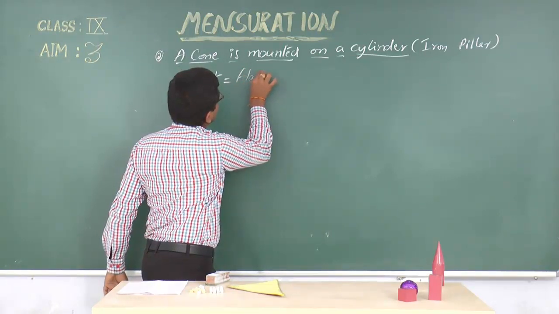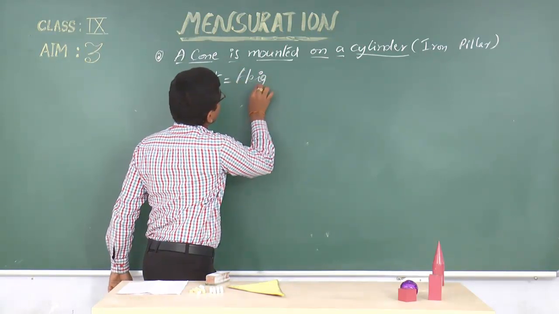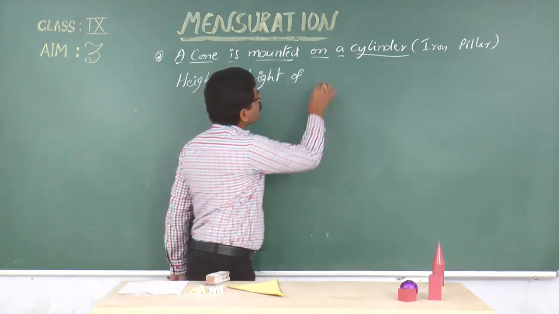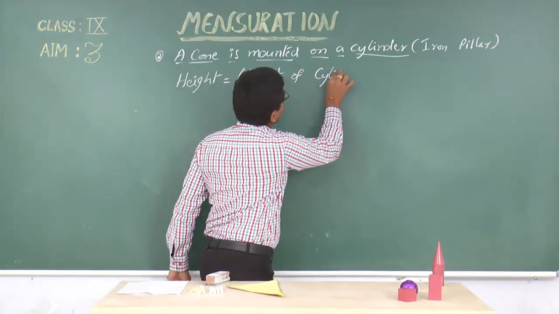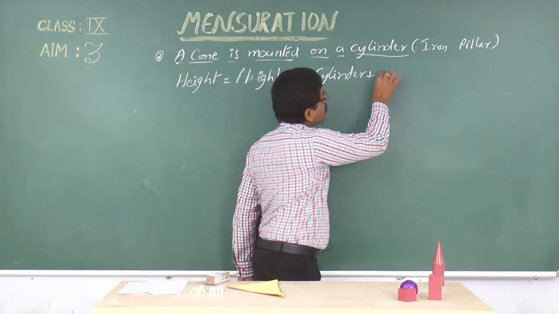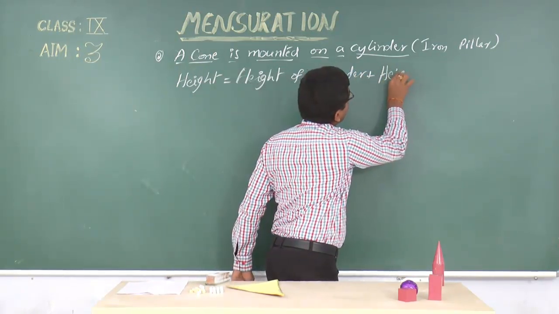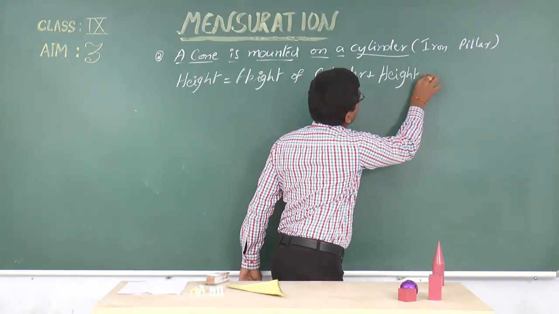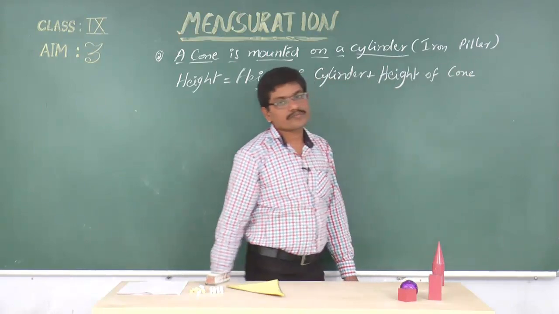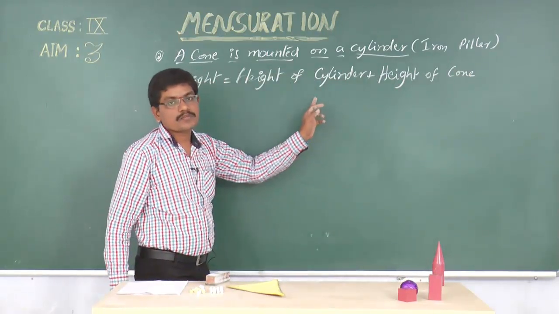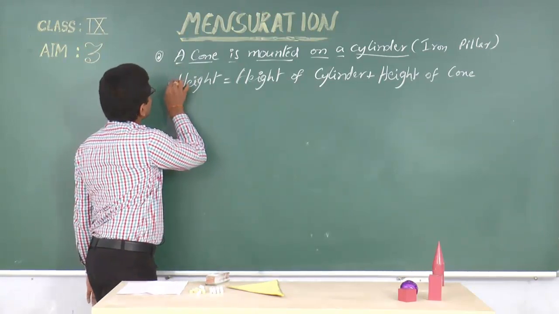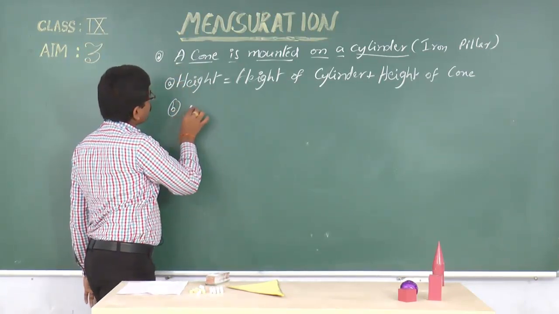Height of cylinder plus height of cone. Height of cylinder plus height of cone. Next, second one,